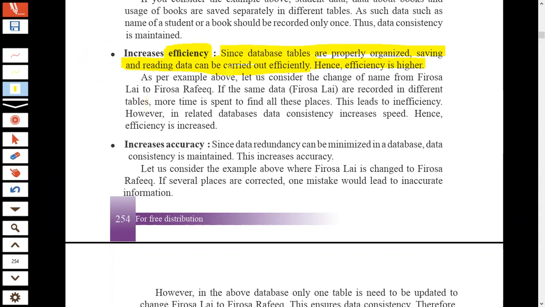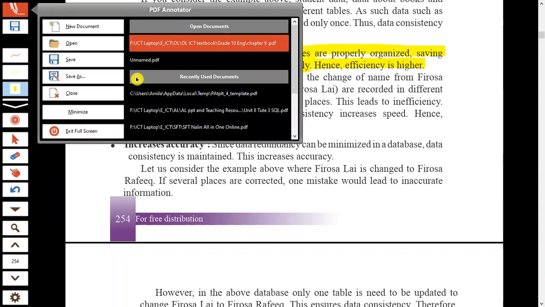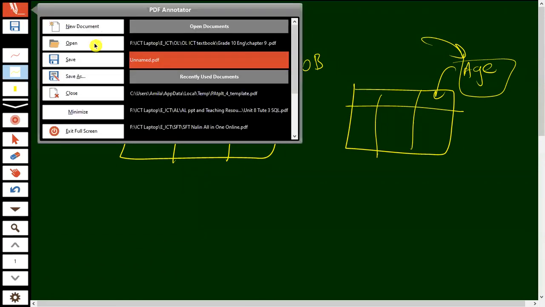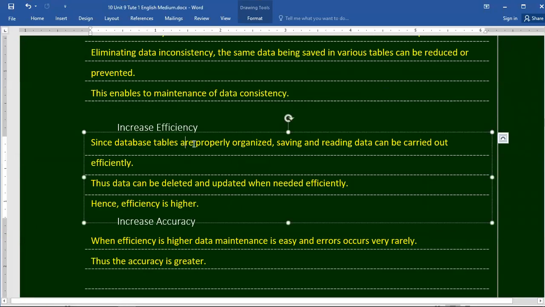In the same way, we have to keep all the information well maintained, the tables and the data inside tables, properly. Properly organized means saving time, right? So if we keep data tables and data inside in an organized way, saving and reading data can be carried out efficiently.